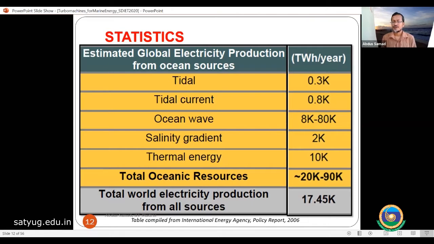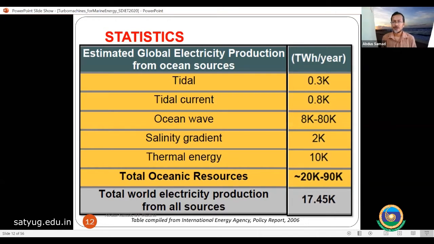But for tidal, I did one project with Queen Mary University, UK, an Indo-UK project. We found that Minicoy Island, a small island near the Kerala coast under the Lakshadweep group of islands, has fluid velocity good enough to produce power. But there are many questions. For example, this is a coral island, so you cannot harm the coral reefs, and how to install, how much cost, lots of things. But our main target was to show whether the potential is there or not. So we have proven that, and we have reported some articles on that.